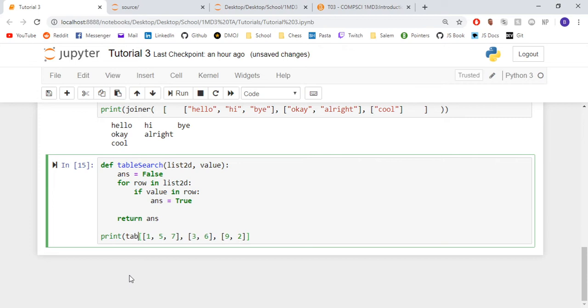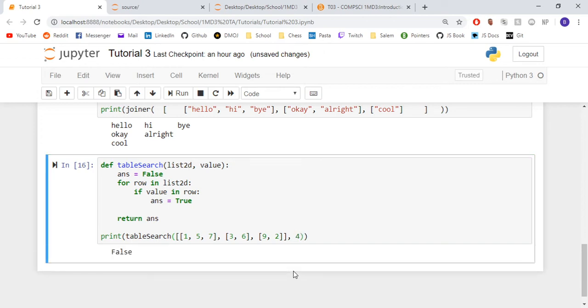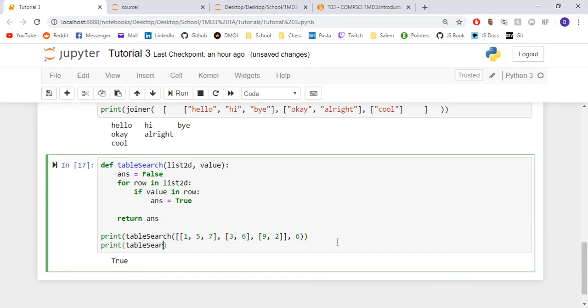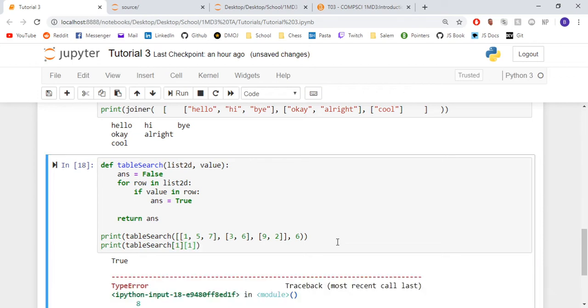So we can print table search on this. Table search takes in two values: this 2D list as well as a value. So let's say we're looking for 4. It'll return false, right? Because 4 is not in this 2D list. But if we say something like 6, 6 is in the 2D list. It's in the list at index 1, element 1, right? If we were to print table search 1, 1,